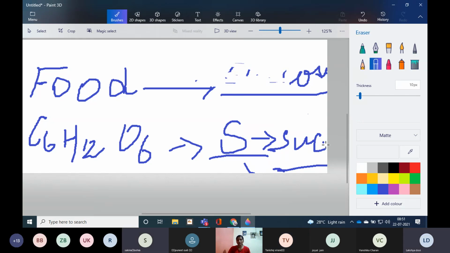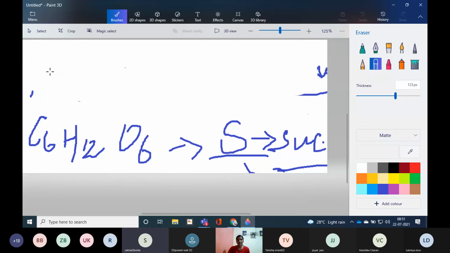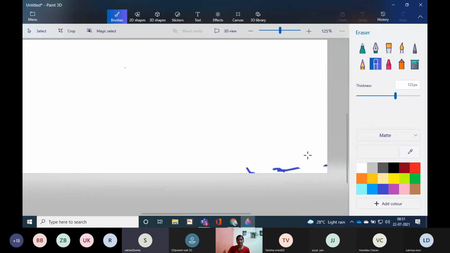And what do we have to underline in this paragraph? In this paragraph, you have to underline the second line. Starch is stored temporarily in the leaves. At night, this insoluble starch gets converted into sucrose. And then underline: sucrose is transported in the solution form to all other parts of the plant through the phloem. How is this sucrose transported? Through the phloem. Now, do you remember xylem and phloem? You have studied, right?